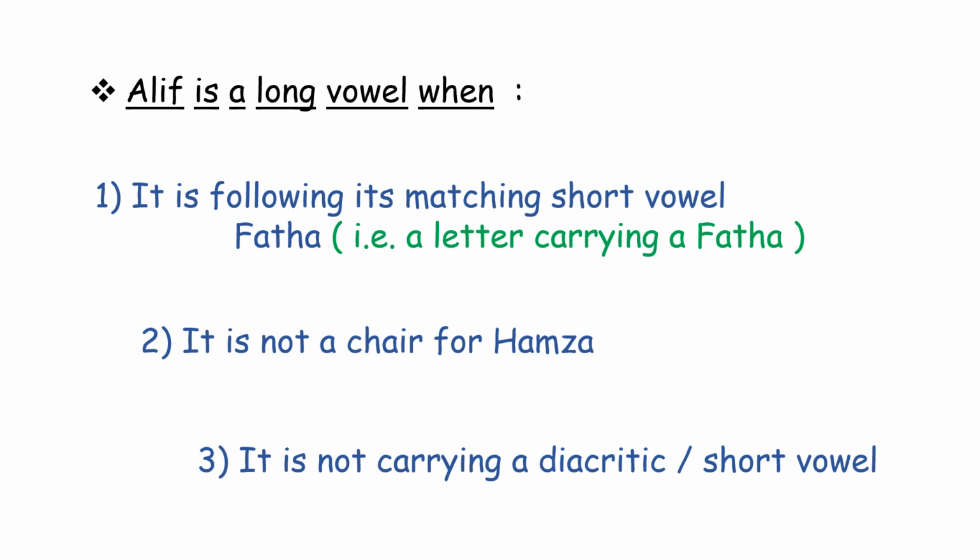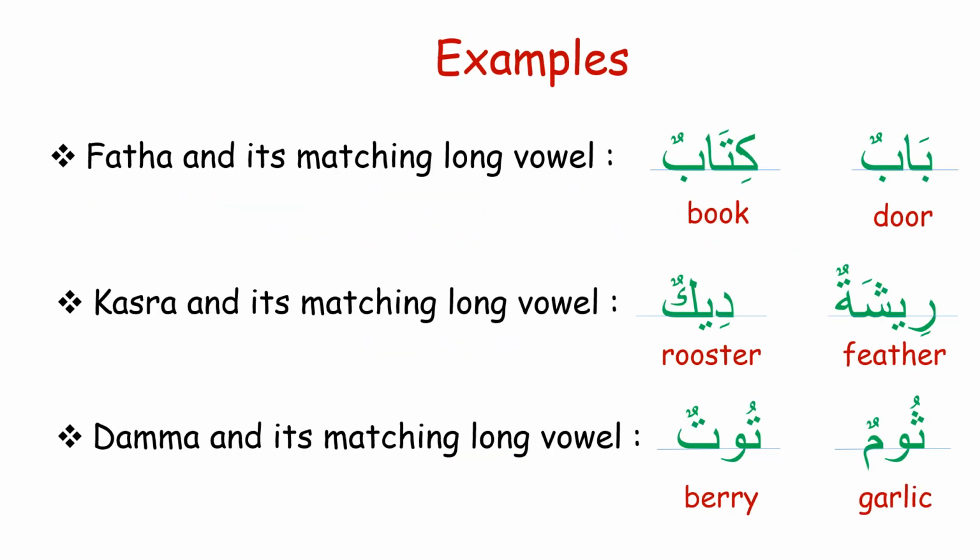Now time has come to discuss the conditions of the two remaining long vowels, ya and waw. So let's get back to our examples. It's going to be easier this time since we already did the hard work with the long vowel alif. As you can see, for kasrah and its matching long vowel ya, the words are